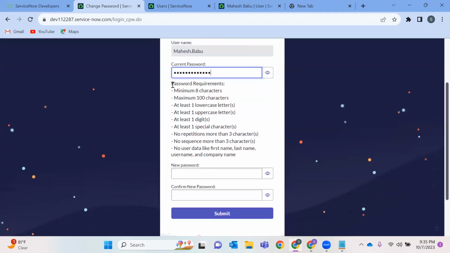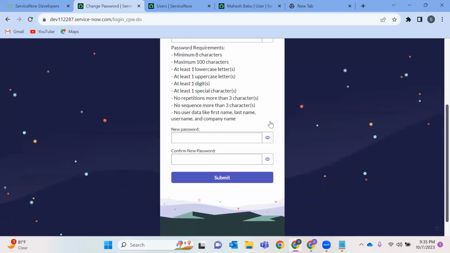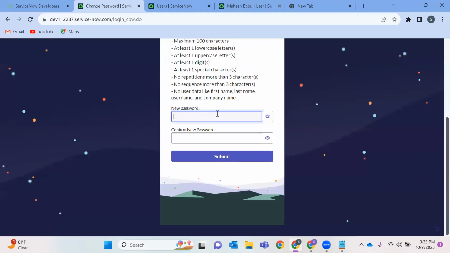And you have password requirements: it should be 8 characters minimum, maximum 100 characters, at least one lowercase alphabet, one uppercase alphabet, one digit, one special character. No repetition of more than 3 characters, no sequence of more than 3 characters, no user data like first name, last name, username, or company name. So these are the requirements that ServiceNow asks.